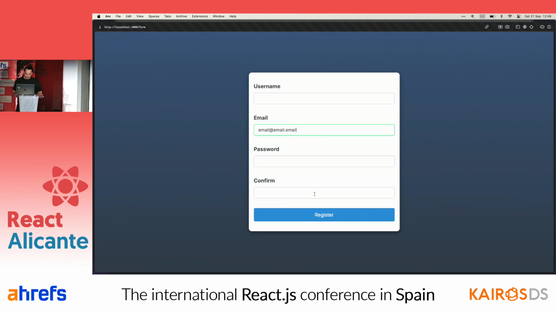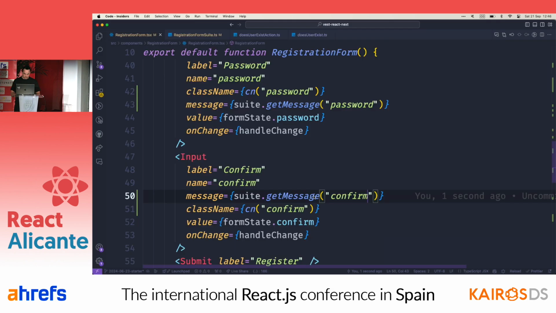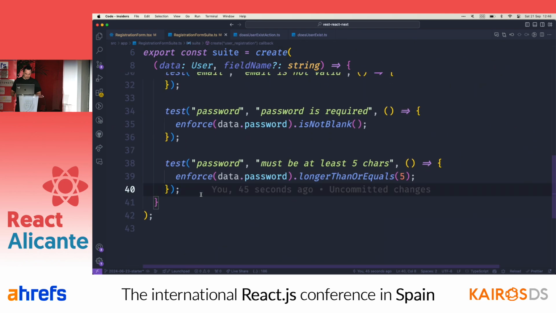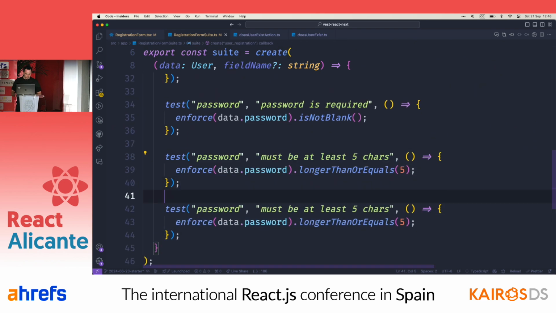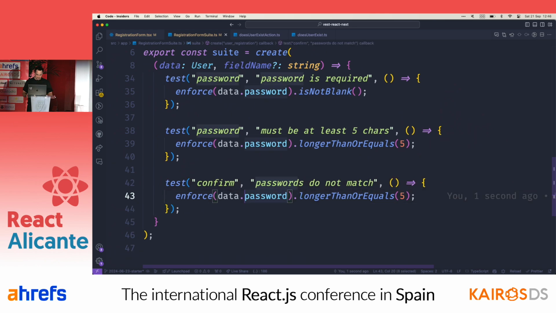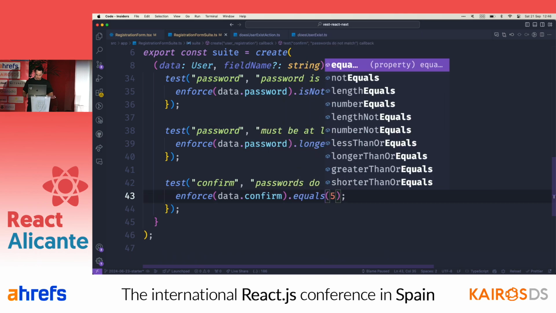Nice. And confirmation, let's write something fast for confirmation. For example, that's something that's very difficult to do with schema validation libraries, testing that a field matches another field. So let's do that. It's going to be super difficult. Let's do confirm. Let's say passwords do not match. And what we want to say here is that, yeah, confirm equals